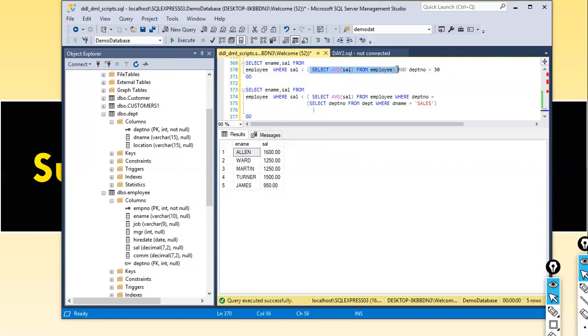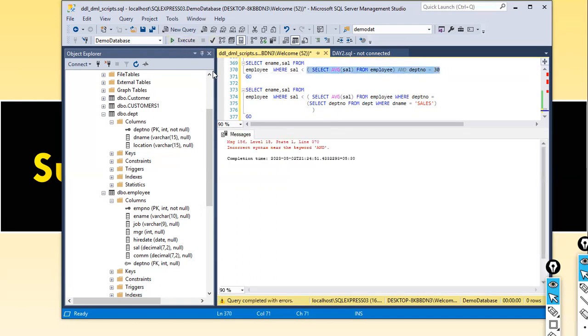But if I want to see only this, the average salary from employee, if I give like this, 2073. Okay, and in the department number 30, what is the average salary? That is what we are interested in now. If I execute this one, will that give any answer? No, it is a syntax error. Because, okay, in this case,